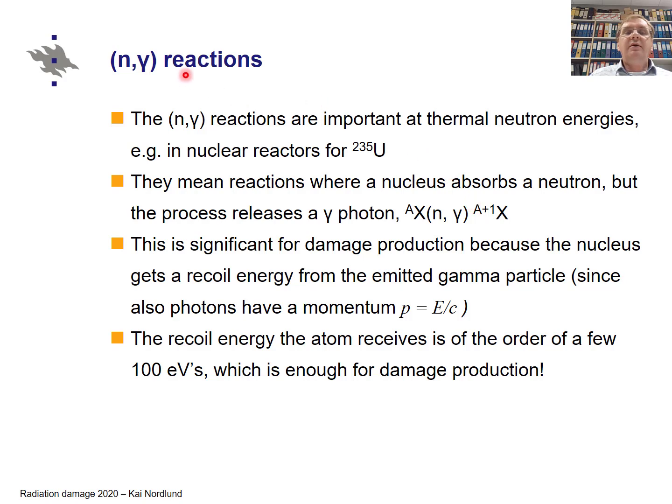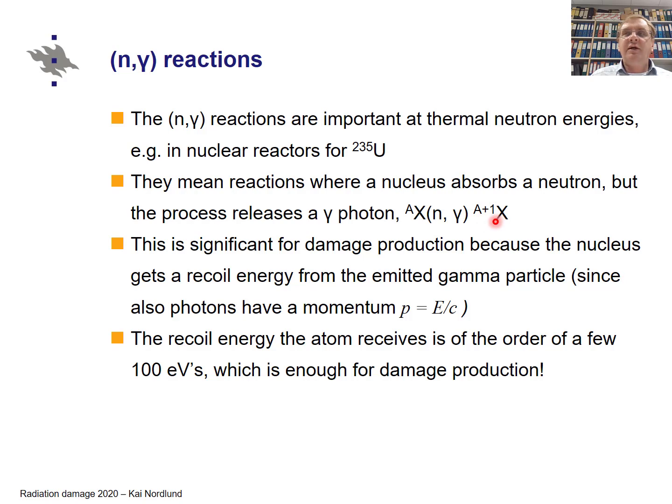And then there is the class of N-gamma reactions, and these are important for thermal neutron energies. What this means is that a nucleus absorbs a neutron and releases a photon, a gamma particle, of course, because we are dealing with nuclear physics processes. And this gamma particle usually has MeV energies. And in this case, one doesn't directly get a heavy